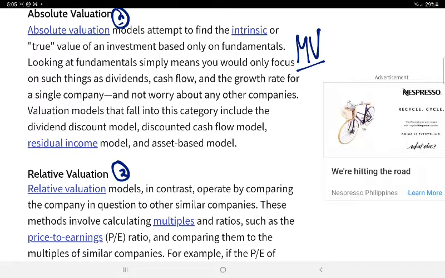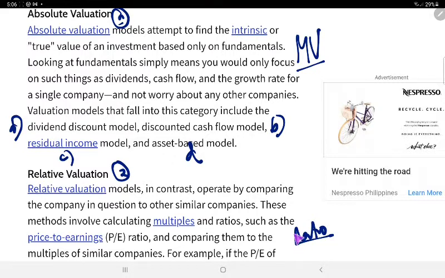of which the different models that we use are your dividend discount model, the cash flow model, the residual, and the asset base. On the other hand, if it is the relative method, we use the ratio, no? If it is the relative valuation,